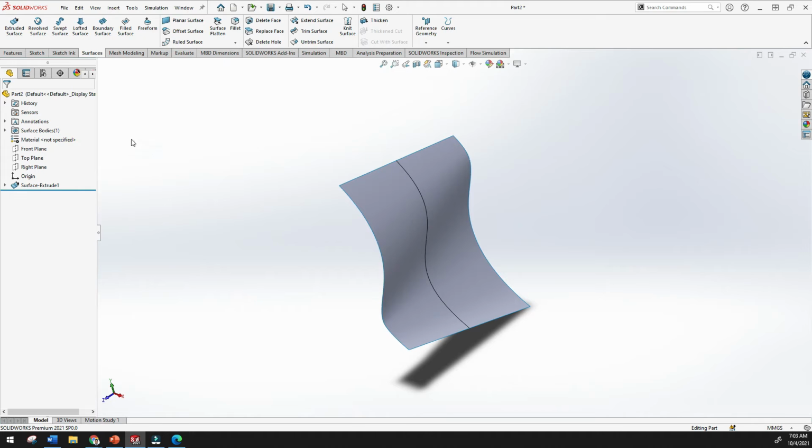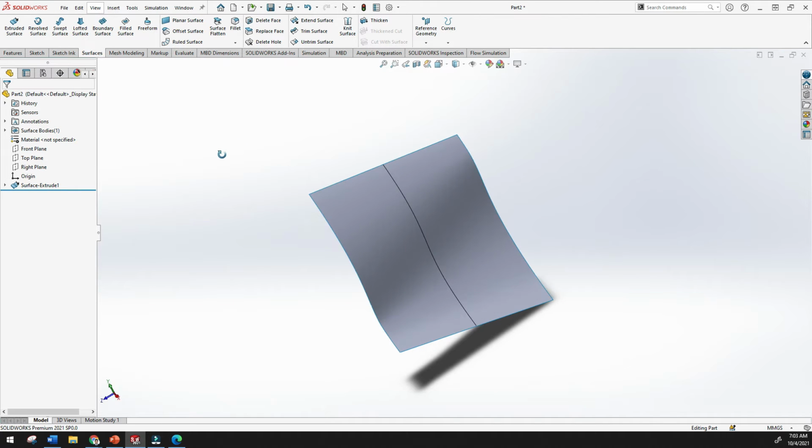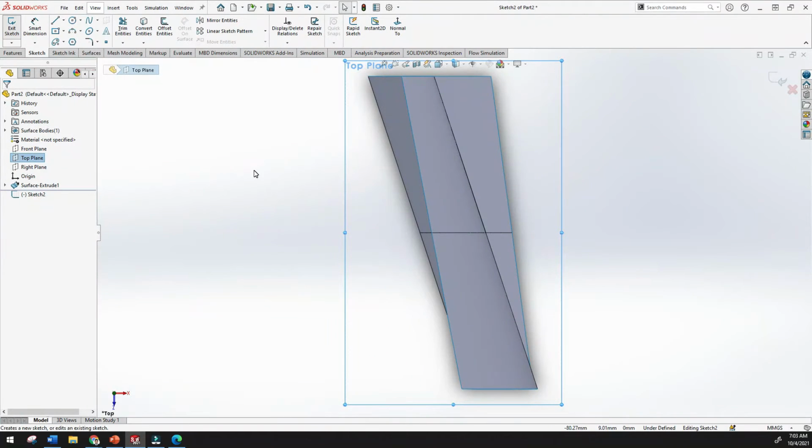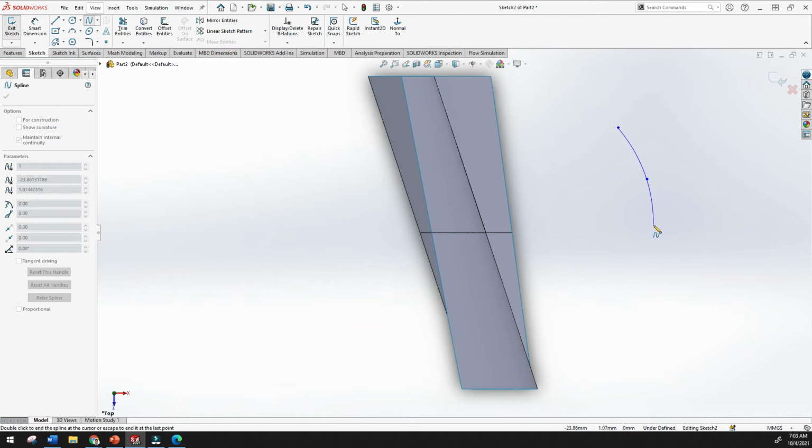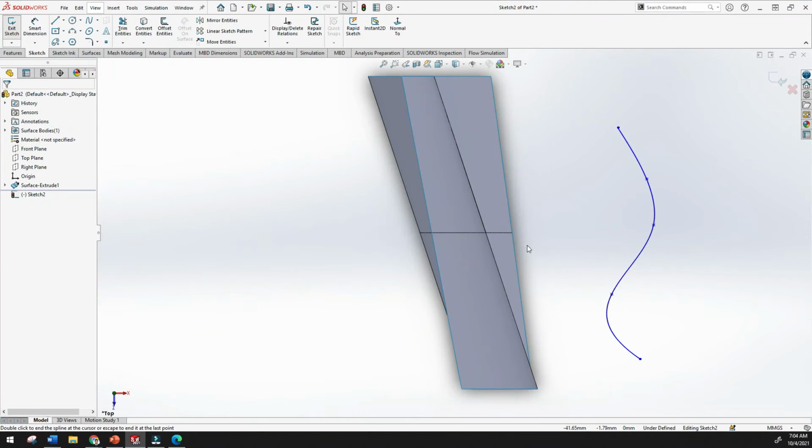Now I want to explain about revolved surface. For a revolved surface we need some revolve sketch and path. Let's go to the top plane and click sketch. Again I want to use spline. Escape to terminate the sketch, and just click the center line.